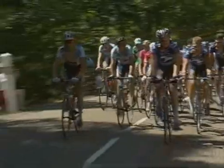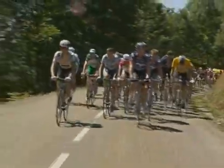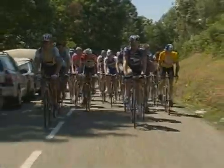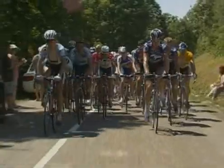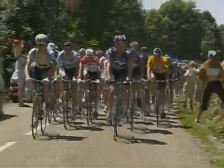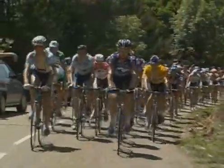Floyd Landis setting the pace at the front. Axel Merckx off to the left of our picture there. Be a little while yet before they cross over the top. I would think about another 3 minutes or so. Lance on the right, Armstrong, and he too looks very comfortable. This is another mountain they can tick off. There's only one left, which is the highest point we'll have climbed so far in this year's Tour de France,